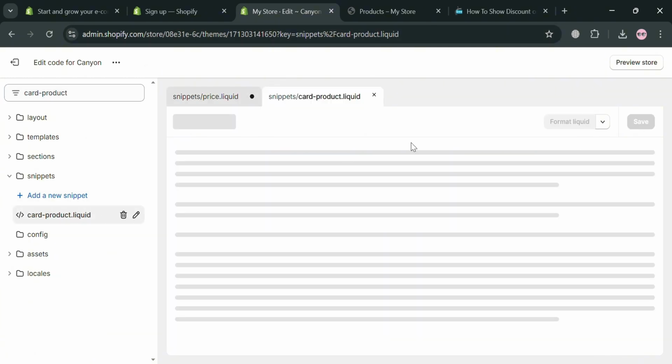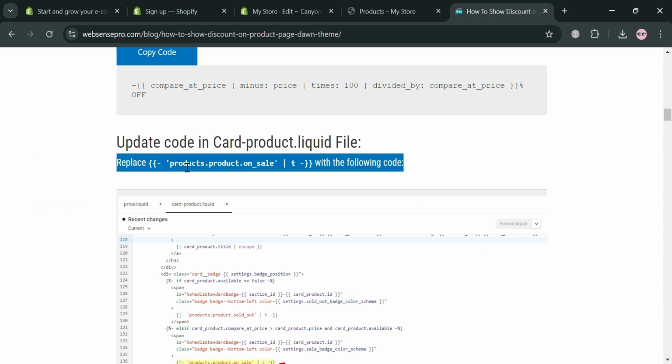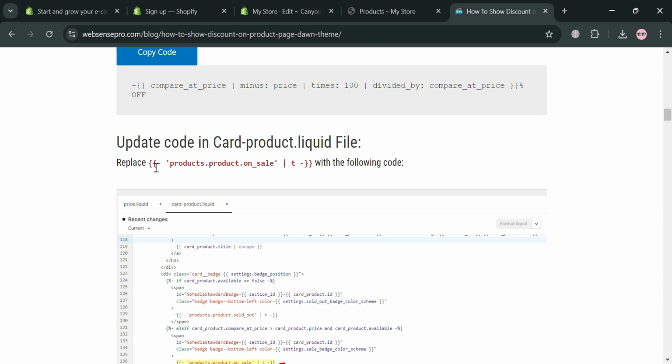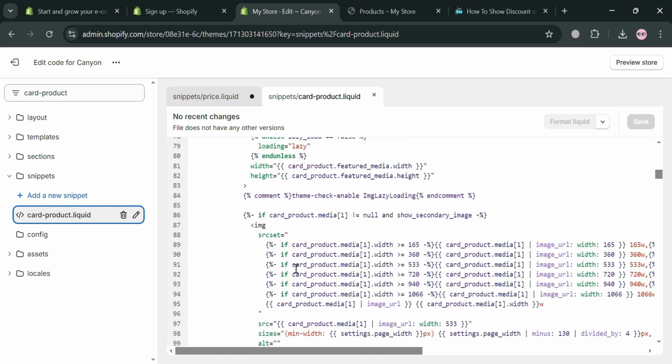After selecting this on the right side panel, all you need to do from here is to simply do the same process, which is by replacing or updating the specific code. So this is basically the kind of code that we're looking for, and I'm just going to highlight this in order to see. So I think the most challenging part of this kind of customization is finding the specific code,